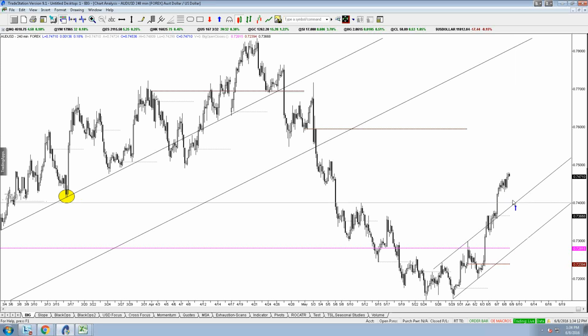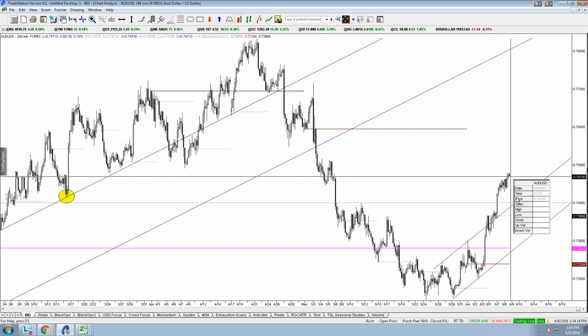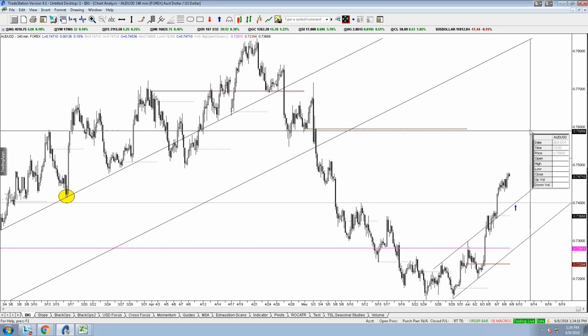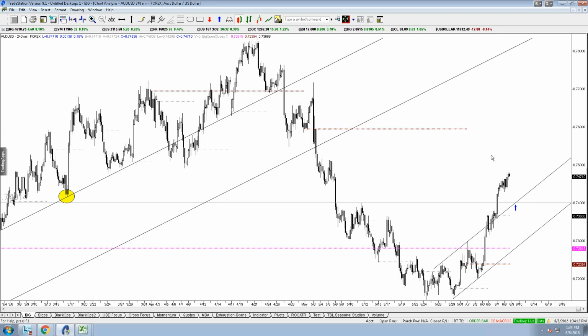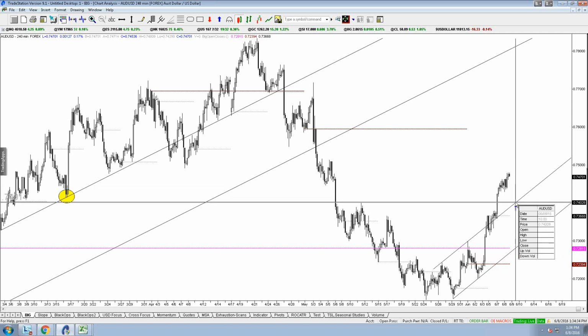All right, it's kind of the same as the euro in that you're looking for a pullback and then higher. Again, you might say, if you're looking for a pullback and you're at 74.70, why wouldn't you go short? Well, that's too risky a situation. The momentum is strong on the upside, and you want to make life easy on yourself.